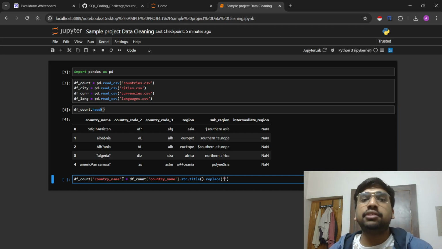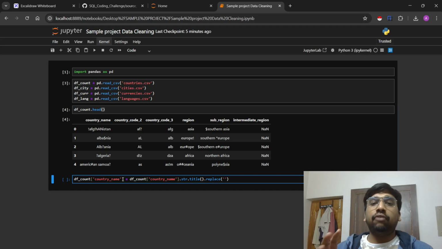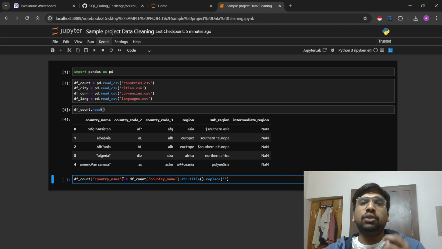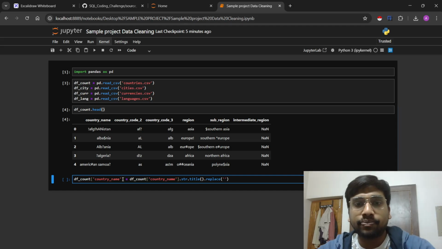For example, in this case, we do not need anything apart from alphabets and spaces, if there are two words in a country, 2 or 3 words. Apart from these two things, we do not need anything like digits and special characters. So this is one regex pattern. Another pattern can be we want only digits, or we want only the special characters and nothing else. Okay, now these are regex patterns and you need to learn some of them so that you can perform string aggregatory functions without any difficulties.